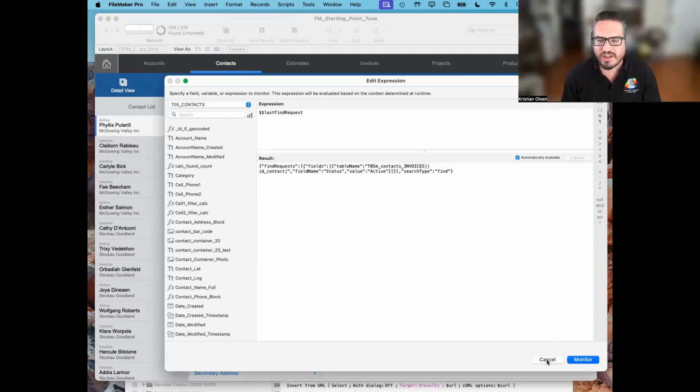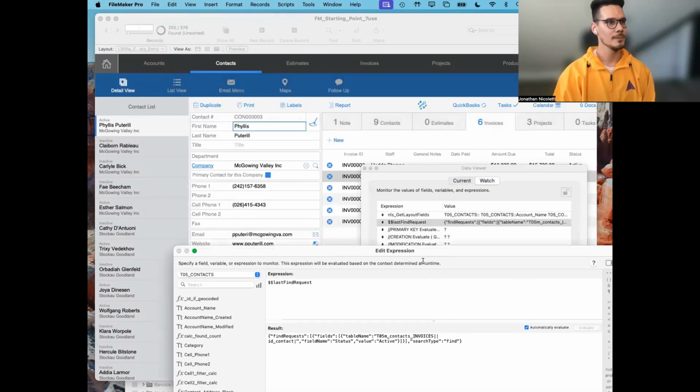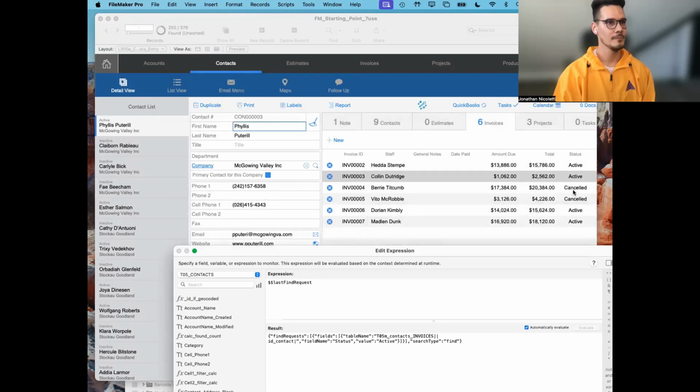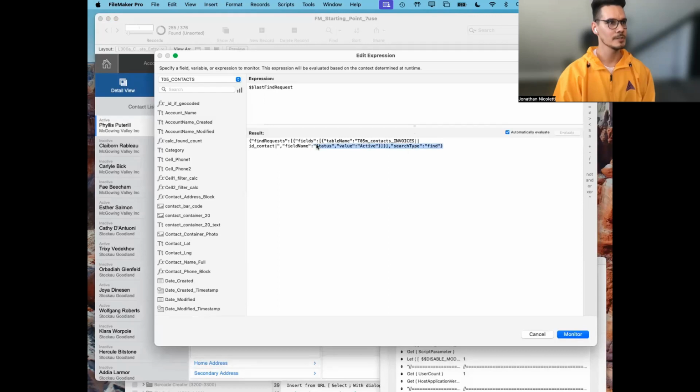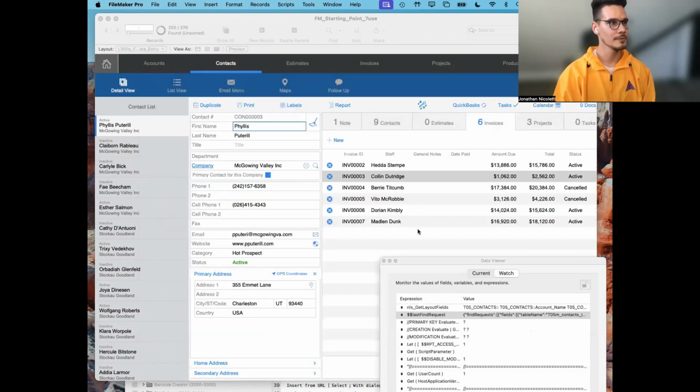When you still had some canceled in that one portal. Yeah, I did still have some canceled, but it's a related table, so there's some active, and this actually didn't work. It did just do a find on all those that were active as well, and the reason is because